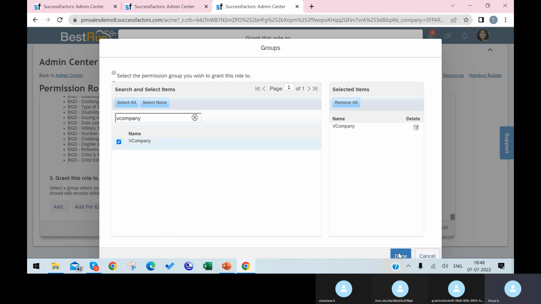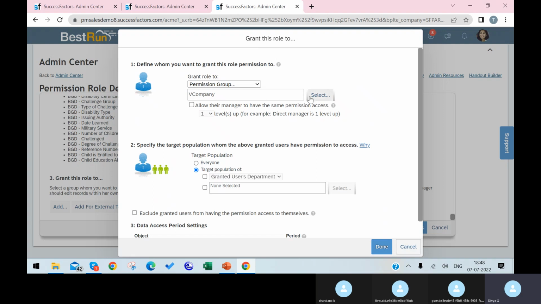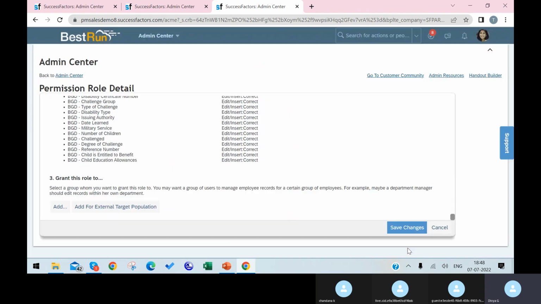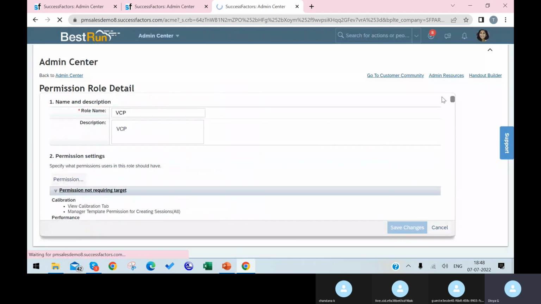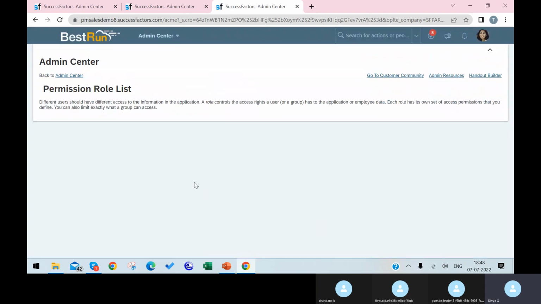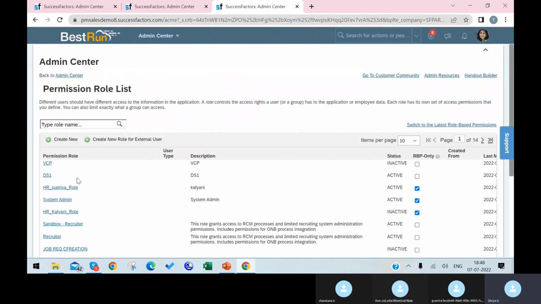Right, if I am not selecting this, I'll show you. Wait, I am saving the changes. I have not given that V company, and I am saving my changes. It is saved, and the VCP is created, and it is showing inactive. Correct. So if I select,